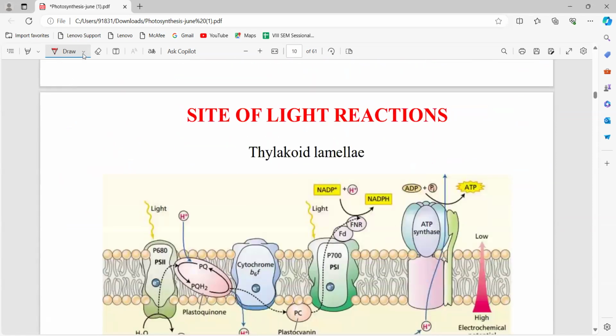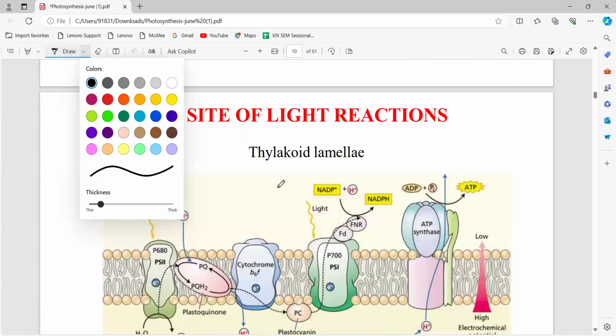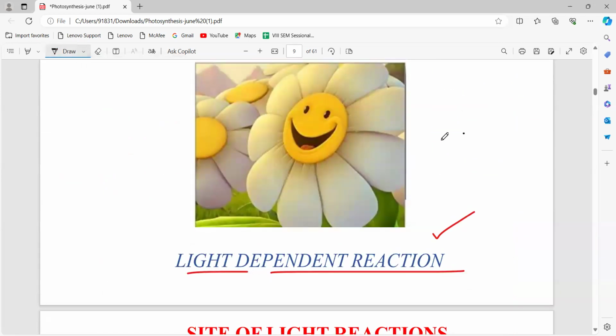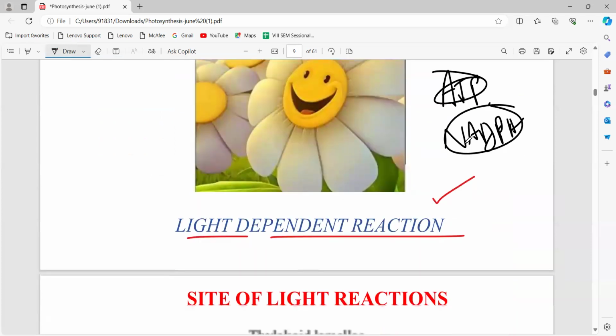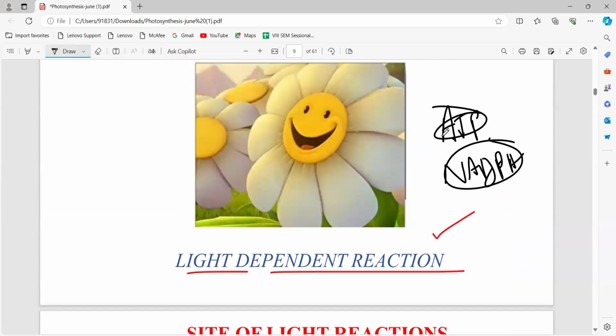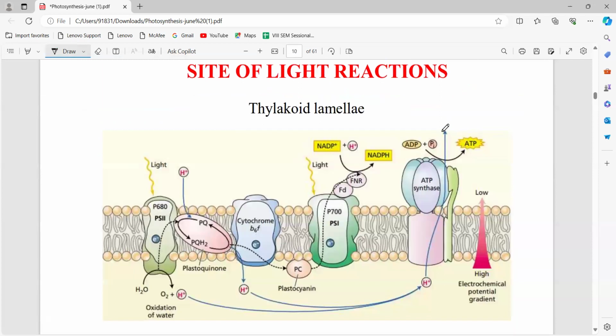Okay. Now listen to my statements. Very important. I told you, right? Locations. What is the goal? Never forget the goal till the end. Our goal is production of ATP, production of the NADPH. This is very, very clear. Now, where are these light reactions happening? The light reactions are happening. See, this is what we can call as